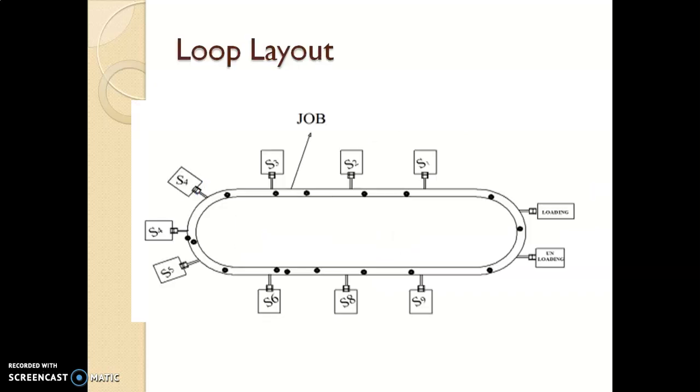The next, loop layout or closed loop layout. Loading and unloading are on the right side of the station, and the machines S1, S2, S3, S4 are connected by means of a conveyor. The closed loop layout is used where parts can skip stations for flexibility. It is used for large part sizes, and it is best for long processing times in this loop layout. The next,